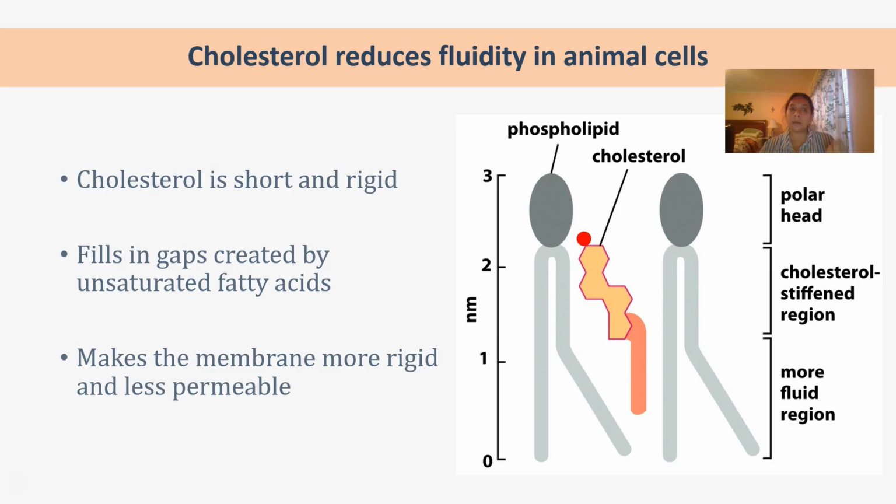The cholesterol molecules, if you remember, are these ring structures that make them short and rigid, so they are not as easily movable, right? They are going to be a lot more locked into their own little shape. They are used to fill in the gaps that are created by unsaturated fatty acid chains, and they allow the cell to kind of play around with how fluid it needs to be depending upon its